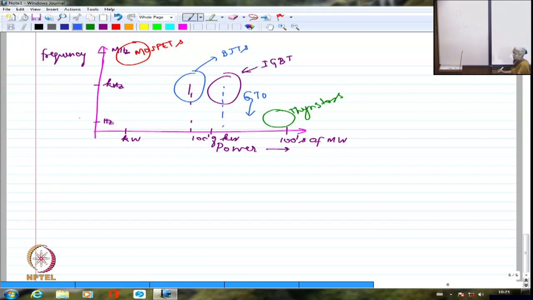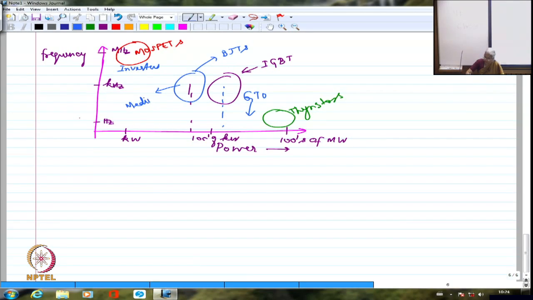Typical applications: MOSFETs are used in all inverters, household inverters, UPS, right? Some SMPS, all the power supplies. Wherever we use small capacity power supplies, most of them are MOSFETs. And MOSFETs are freely available in the market and not as expensive. IGBTs are more expensive, right? And BJTs, medium